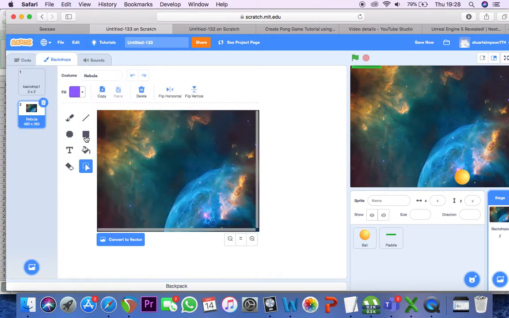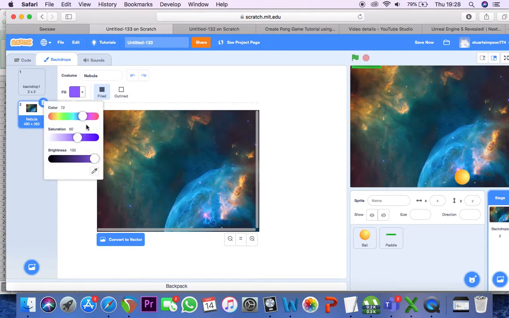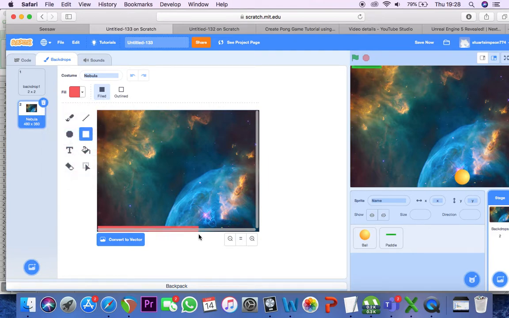Right, now I'm going to change this backdrop ever so slightly. I'm going to get a red line and put it at the bottom of my screen like so. We want to make sure it covers the whole of the bottom of the screen. It doesn't have to be thick, it just needs a thin red line along the bottom. That is going to be our no-go zone. We're trying to avoid the ball hitting